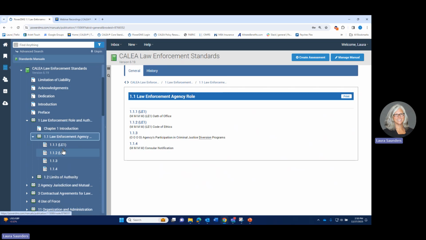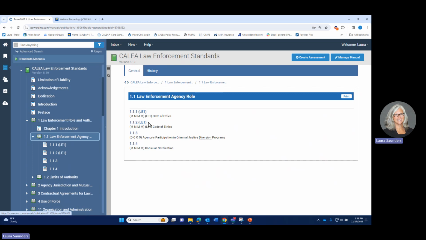In law enforcement and campus security, there's two levels of accreditation that we refer to as accreditation and advanced accreditation. For the accreditation or the first level, sometimes we'll refer to that as tier 1. Campus security will be indicated with a CS1. The law enforcement is indicated with an LE1. So you're always going to see all of the standards, but if you participate in that first level, that tier 1 level, you're going to pay attention to the standards that have the LE1 out to the side, and you're going to be responsible for demonstrating compliance with the applicable standards that are indicated with the LE1 or the CS1